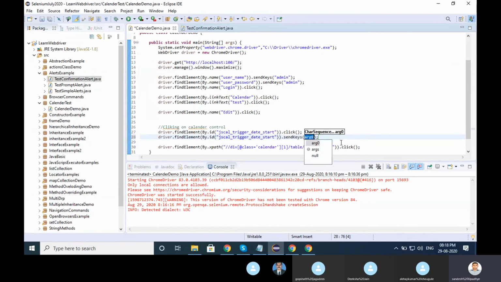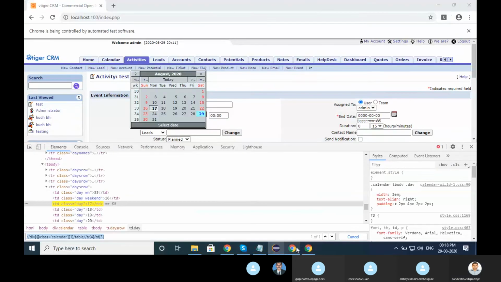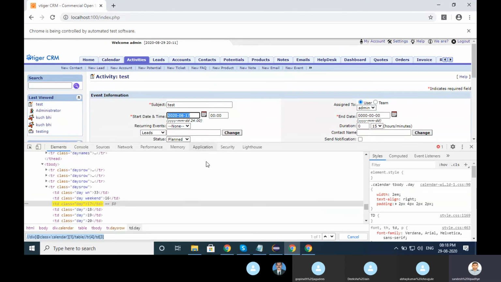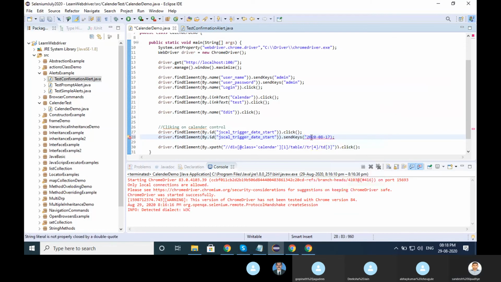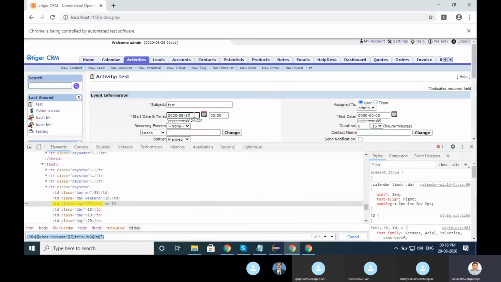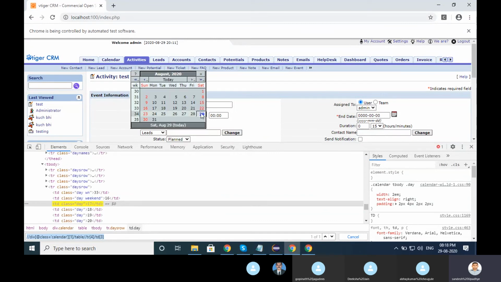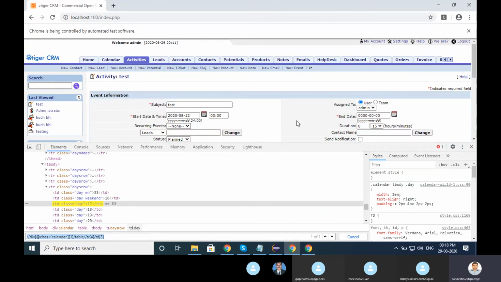And sendKeys, and using the sendKeys, copy and paste it. This will also work. Why? Because this text box is editable. If the text box is not editable, then you want to go with clicking these options and selecting these options. Both ways, whichever way you are comfortable with or whatever the application is performing, in that case you want to choose the date.